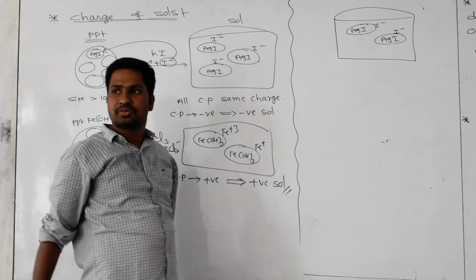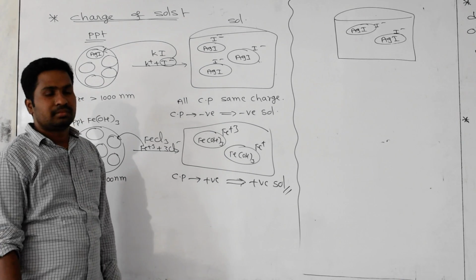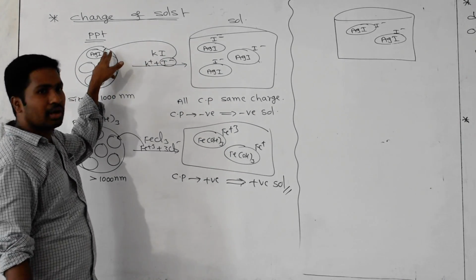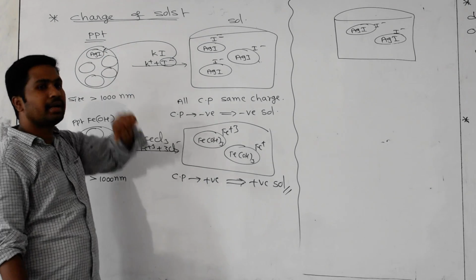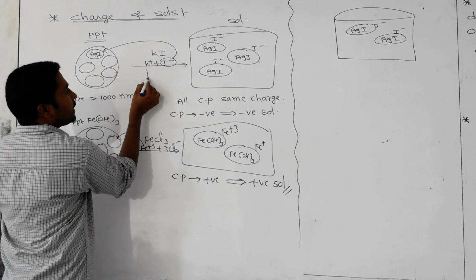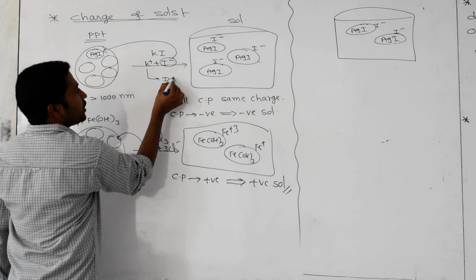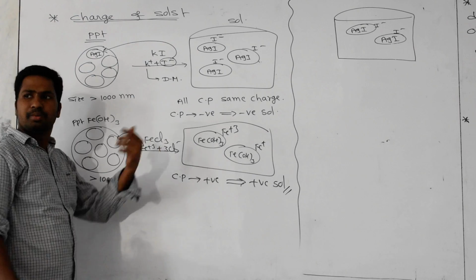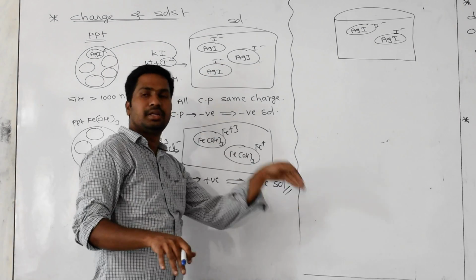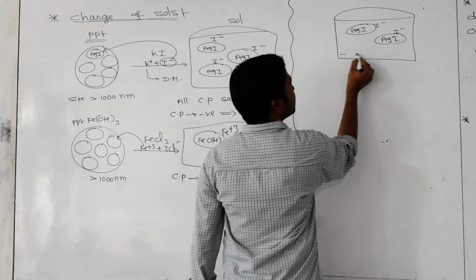But where is K plus going? The iodide I minus ion is sticking on the colloidal particle. But where is the K plus ion going? Yes, very good. This K plus ion is going into the dispersion medium. It won't come outside, because it can't jump up, meaning it will go into the dispersion medium. So in the dispersion medium, which particle